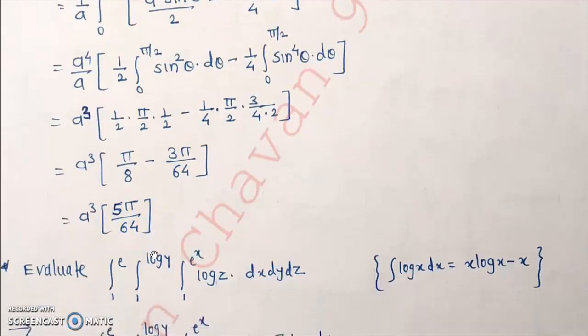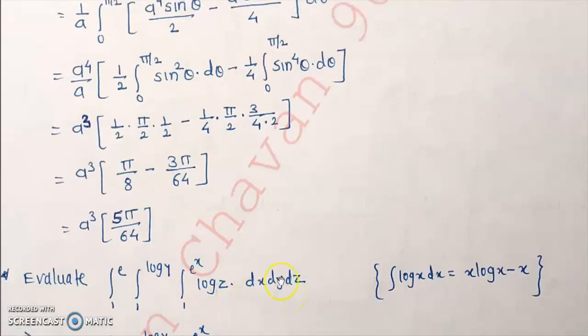Okay, we have one more example on Cartesian form, that is integral from 1 to e, then integral from 1 to log y, then 1 to e raised to x log z dx dy dz. Okay, now we have to observe carefully here, as the first integral contains only an x term, so it could be the integral of y or z, right? So the question of whether it is of y or z is decided by observing the other integral limits. Okay, so the middle second integral limits are in terms of y.